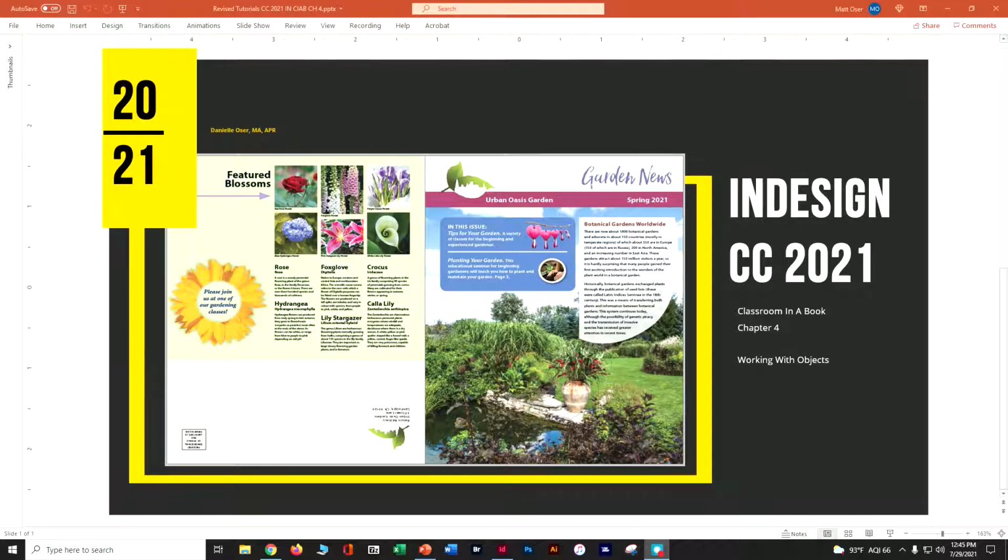Hi, welcome back to InDesign CC 2021 Classroom in a Book, Chapter 4. This is part 3 of working with objects. When we finished up, we had just barely put in these logos and the botanical gardens, and now we're going to go ahead and work on creating these